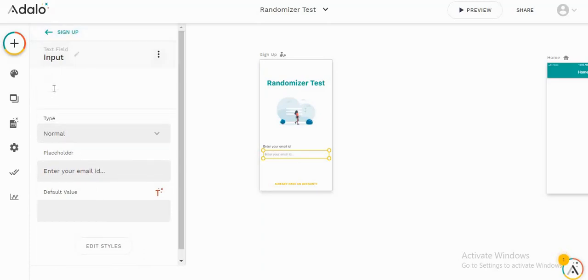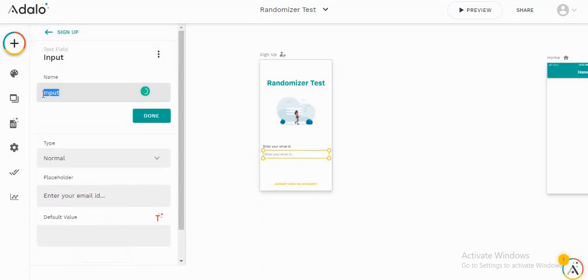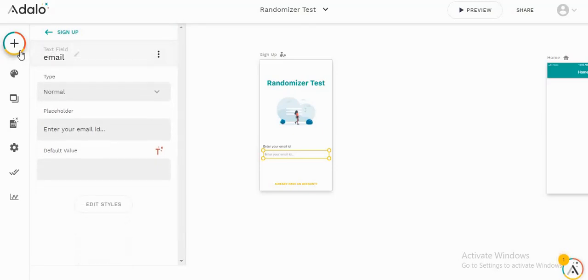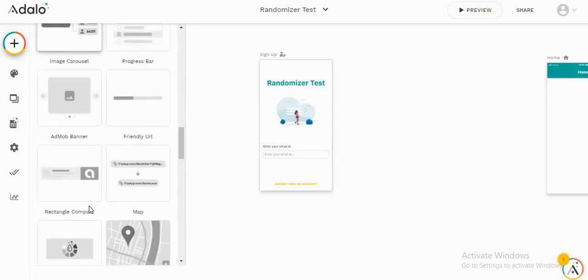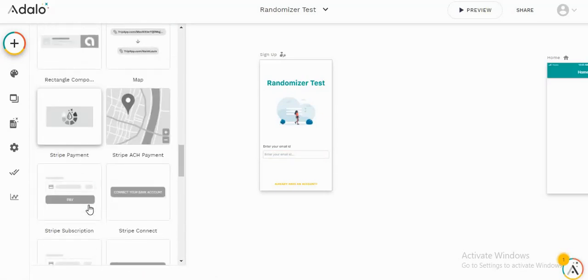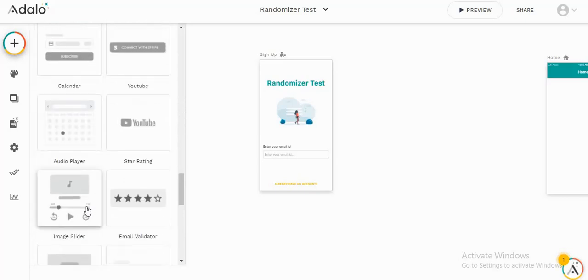I'll change the name of this input to email so that it becomes easy for us. Then you can go to marketplace and install the component called email validator. I have already installed it, so I'll drag and drop it from the installed section.